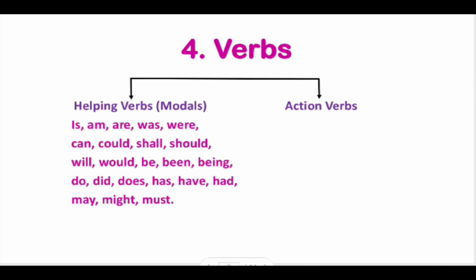derivatives out of them. For example, you have your tenses. The verbs tell you about the tenses, when the action has happened. Because of the verb, you can make the active sentence into a passive one and a passive one into an active one. Then in verbs, we also have transitive and intransitive verbs. But right now we shall classify verbs into two